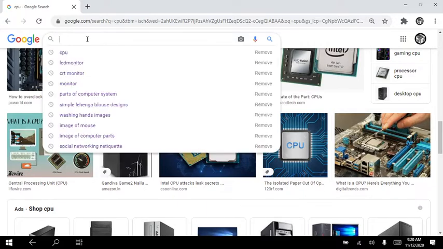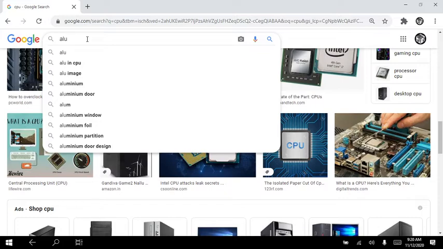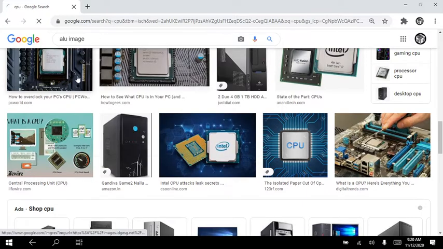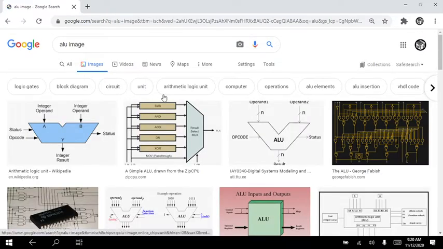Arithmetic logic unit performs all the arithmetic calculations and logical calculations. AND, OR, XOR are your logical operations. If it is 0, it will be 1; if it is 1, it will be 0.